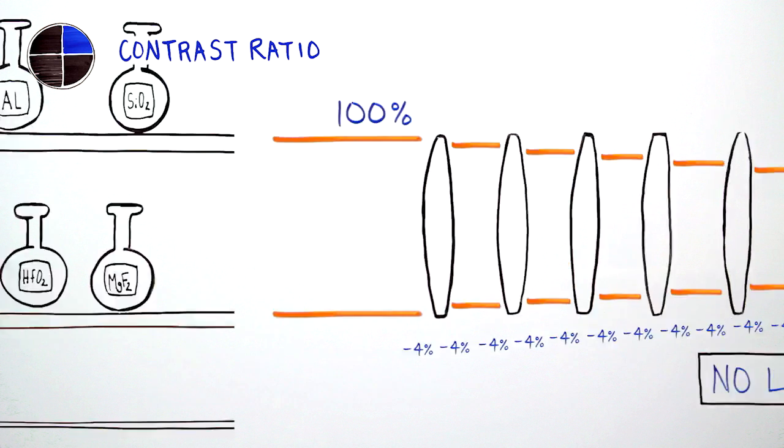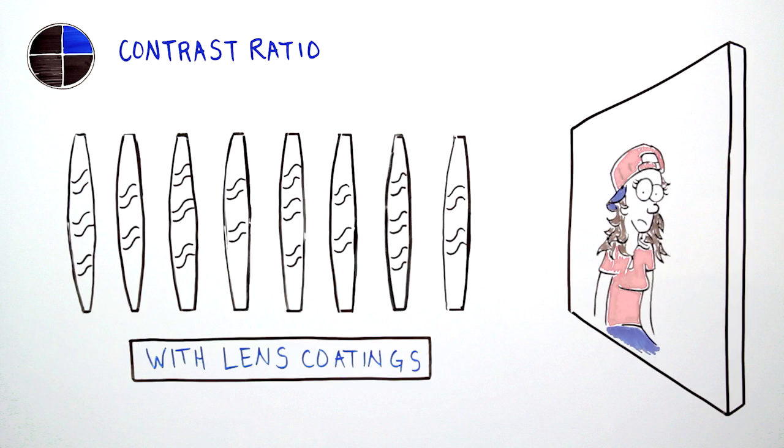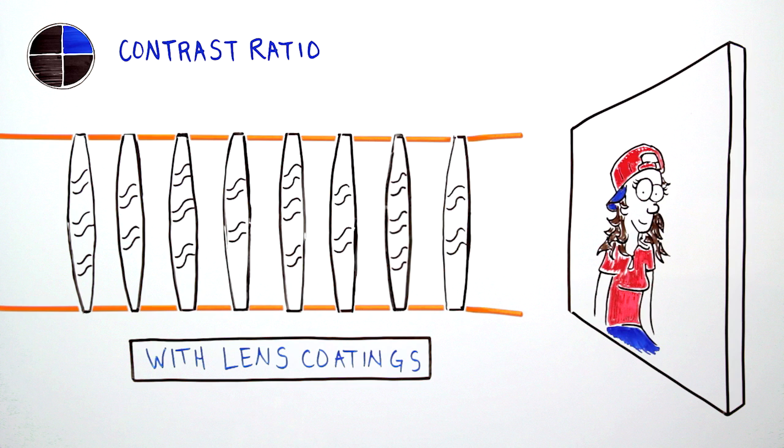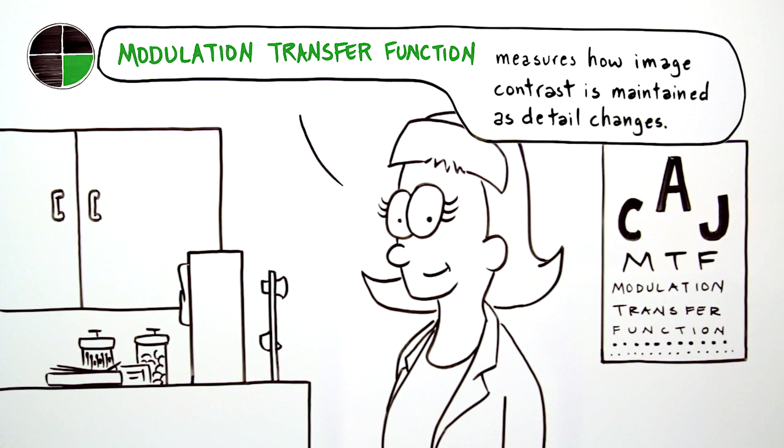So what's the antidote? State-of-the-art, multi-layer, anti-reflective lens coatings. These super thin coatings are made of metallic compounds that create secondary reflections and cancel out the primary ones, resulting in vivid, high-contrast images. Our third benchmark, modulation transfer function, measures how the image contrast, or sharpness, is maintained as